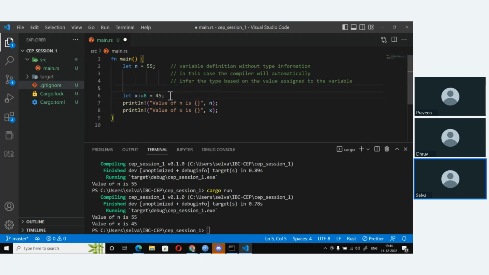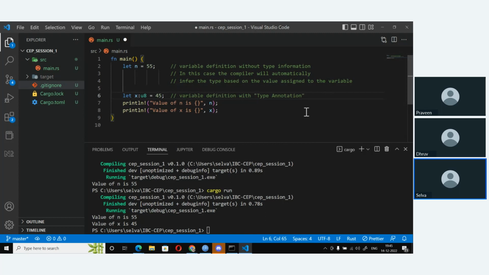So this is where we use variable definition with type annotation.